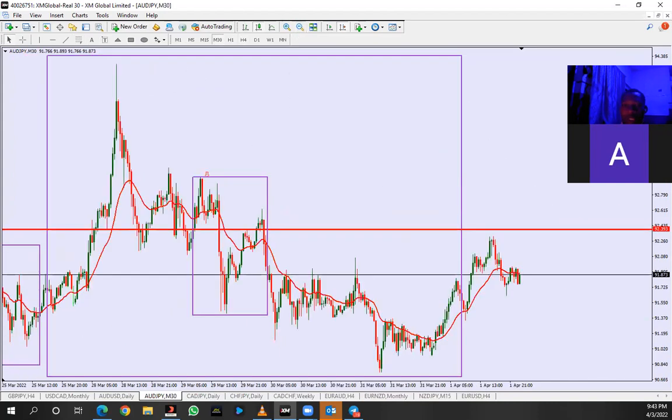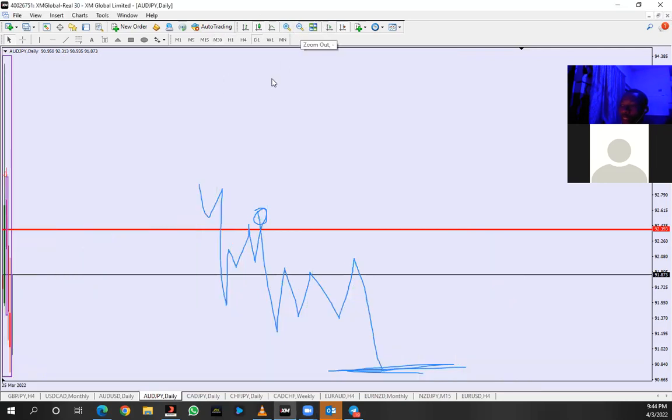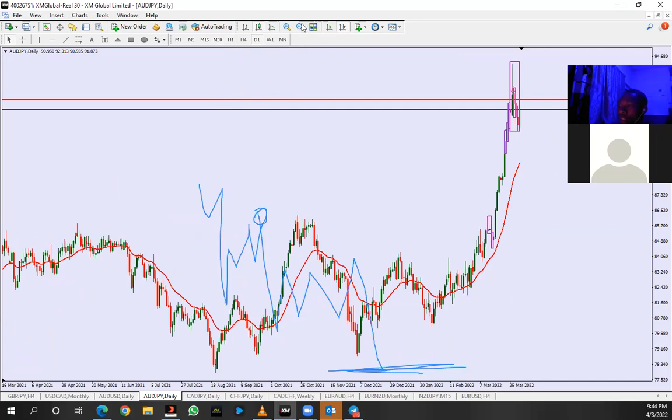What did they do? They did what we said they are going to do. They dropped. This was the close, and they took price back up, ranging, and they dropped it again. Continue till they get to their final target down here, which is the daily time frame target. And if I come down to the daily moving average here, you will see that it is the daily moving average they are trying to target.